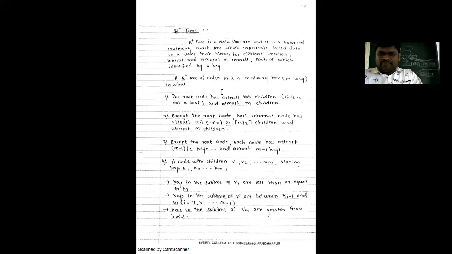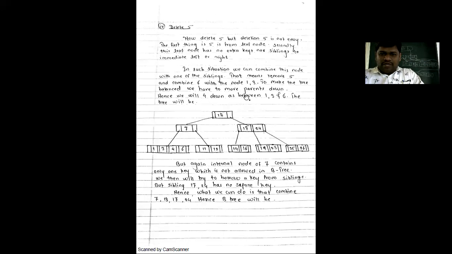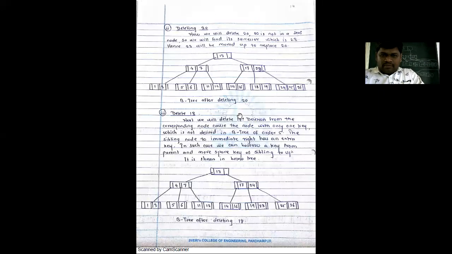Roll number 40. So what will happen if we combine 6 to right sibling? So regarding which step you are talking? Sir, after deleting of 5. After deleting of 5. Yes. Now here you are talking this one, right? Yes, sir. Means after deletion of 5, 6 we have combined with 1, 3, 4 and 6, right? Now what you are saying?